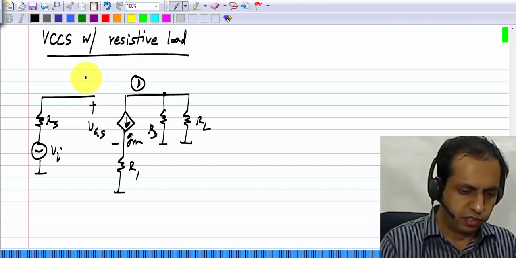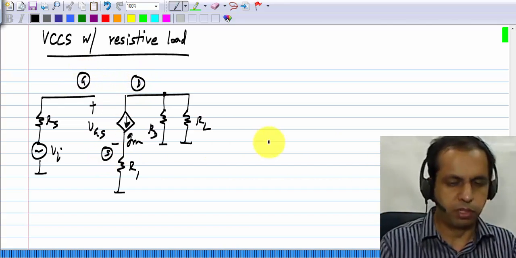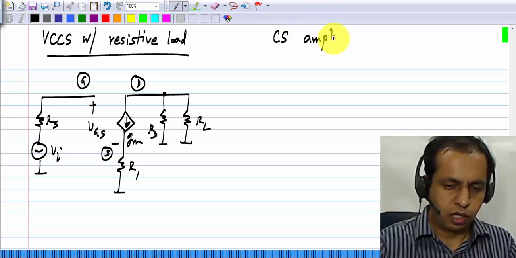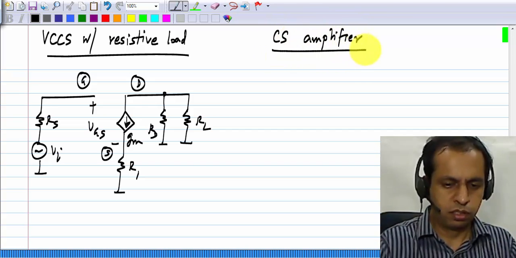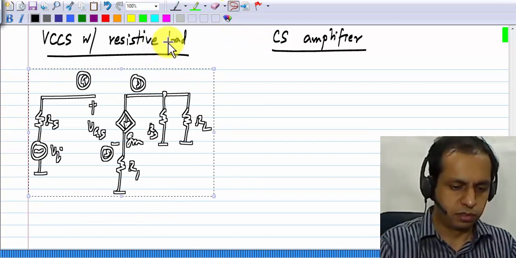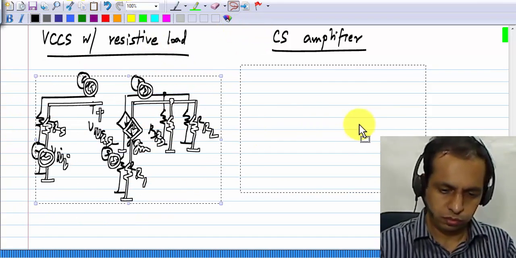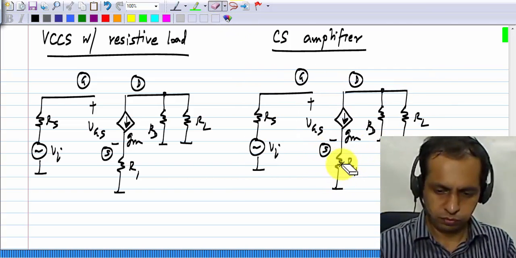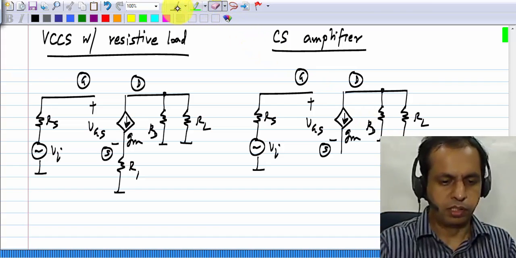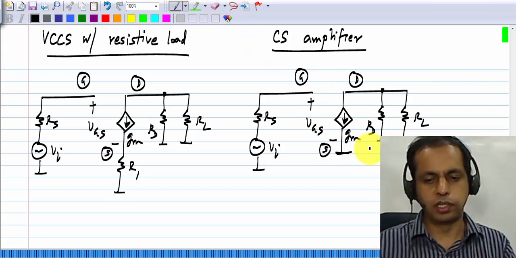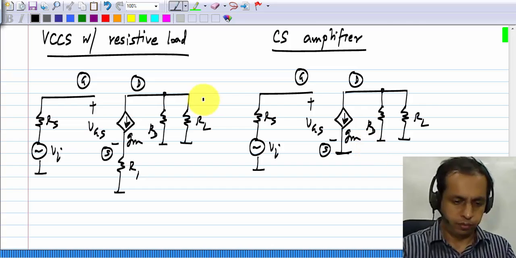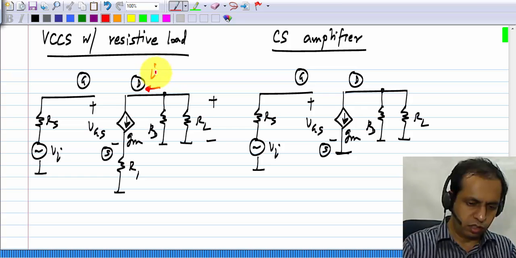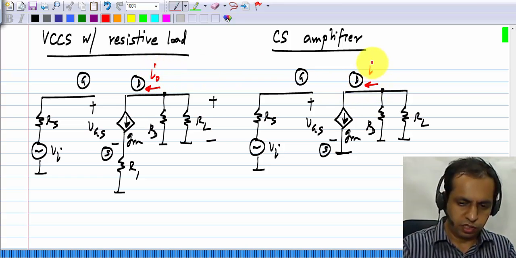These are the drain, gate and source terminals of the MOS transistor. And the common source amplifier, it's very similar, of course, except that the resistance is not there and the source is connected to ground. So if I call this I0 here and there,